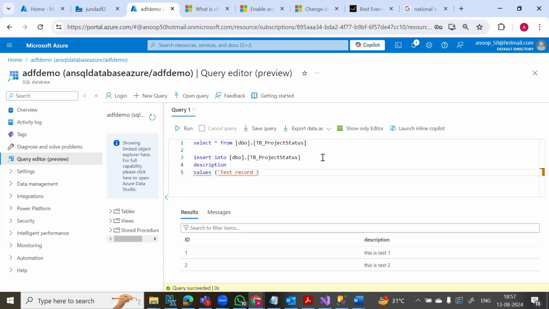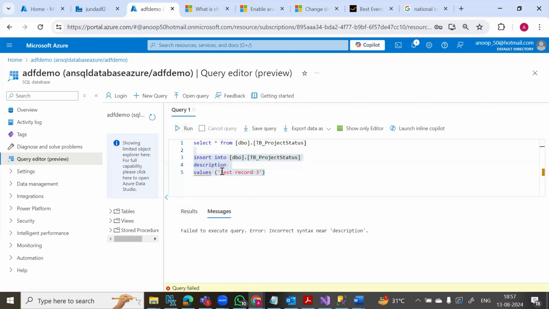Okay, so we'll just do that first. Something has gone wrong. Yeah, this is wrong here. It's supposed to be like that. Right. Okay, and we'll just update